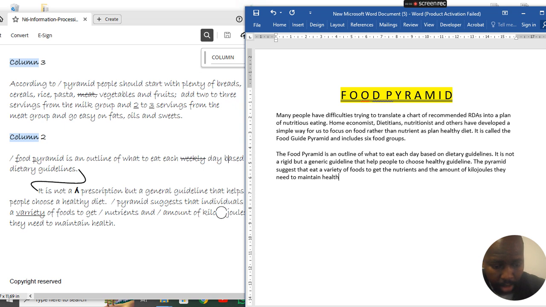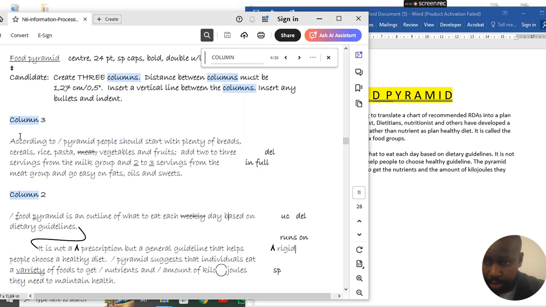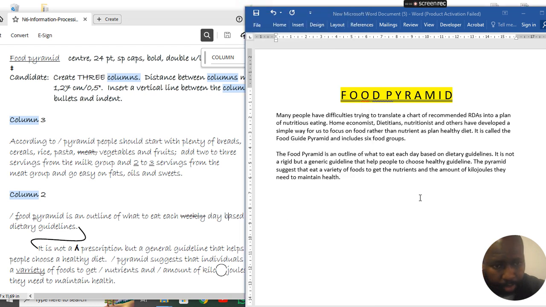And then full stop. And then we do the third column, or the third paragraph. Okay, let's go to the third paragraph. So this is the third paragraph. It says, according to the Pyramid, people should start with a plate of bread. So we say according to the